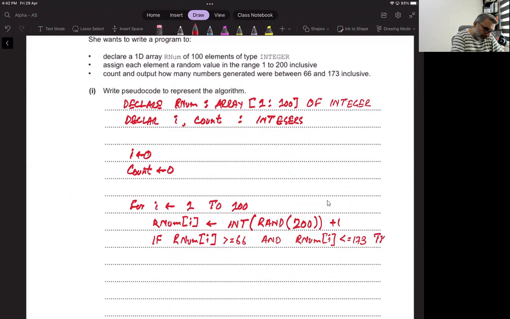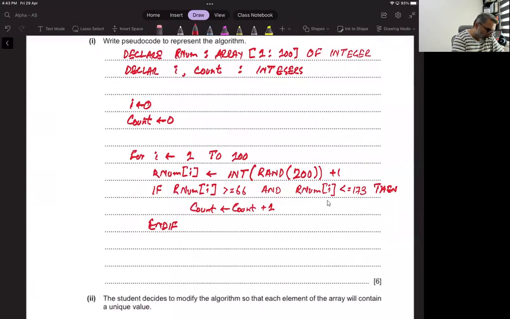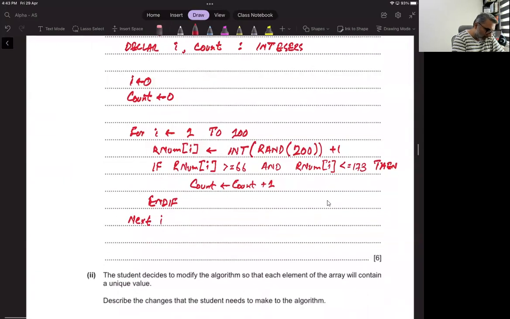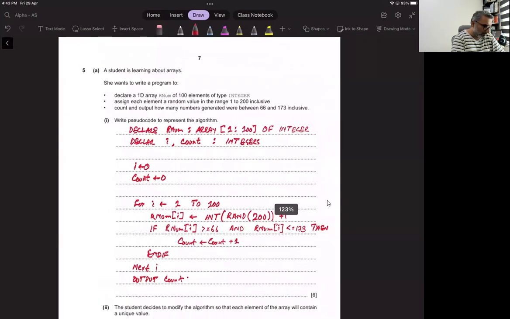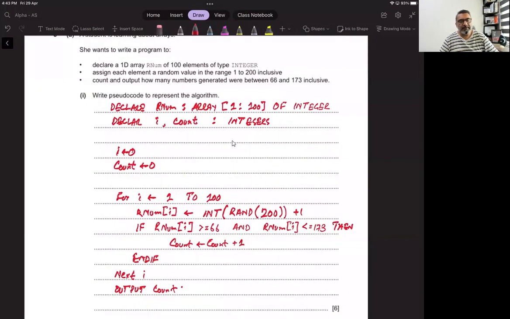then count is equal to count plus 1, and end if. Okay, and then next I, and then we will output count. All right, so this is an algorithm that declares an array from 1 to 100 of integer, then it